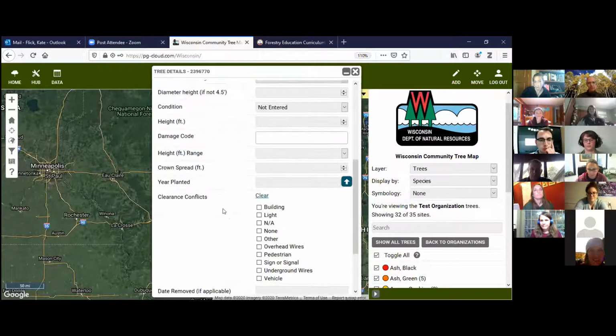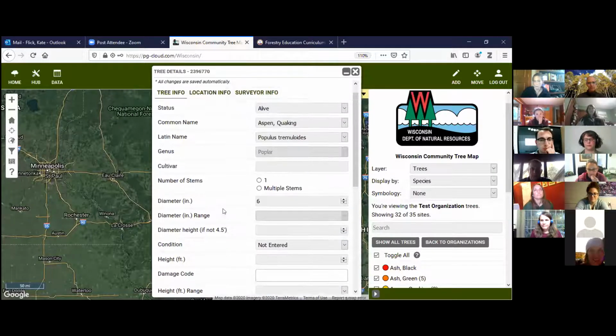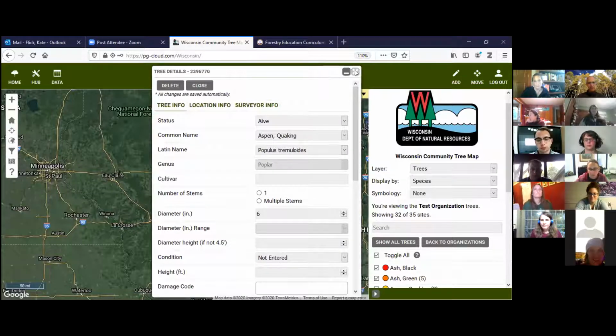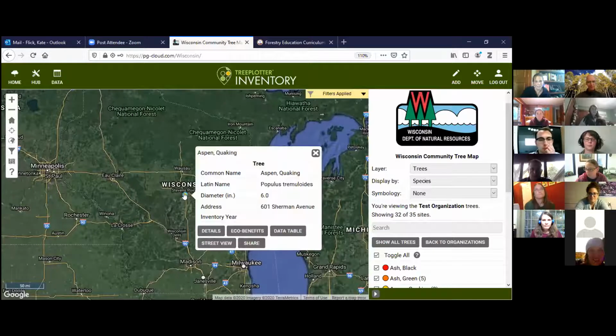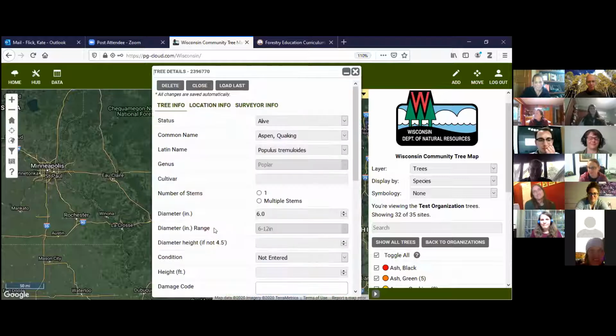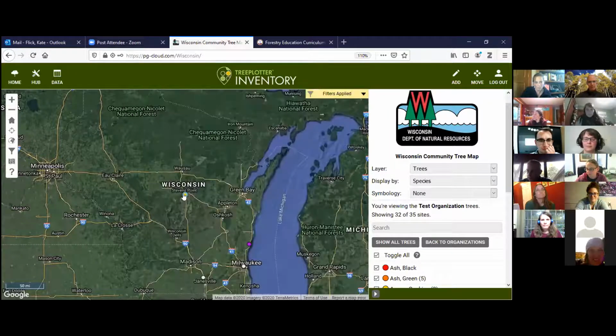You'll see again that there are a whole bunch of other variables you can collect in terms of data. But there we have my little dot on the map. The cool thing about the Wisconsin Community Tree Map is that we have this data, and here you've got my address. So you can all come visit me now because you know my address. I just got a new house, so come on, visit. Then you can go to those details and there they are again. You can edit them really easily. It's pretty easy to do.